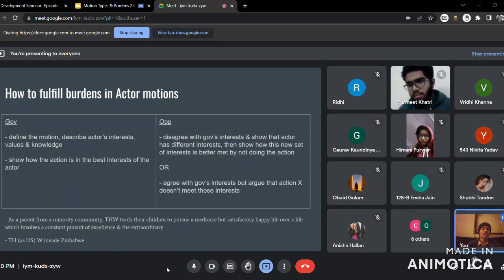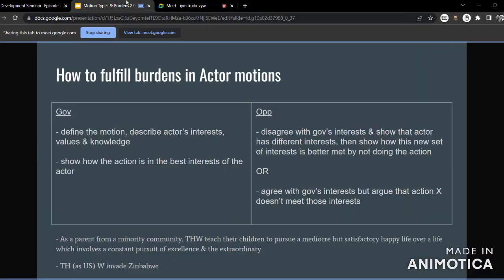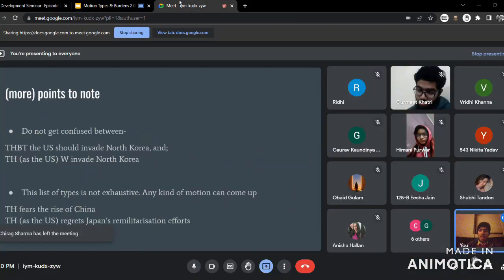If you're talking about an individual or a small group of people or even a social movement, right? Social movements like the feminist movement or the LGBT plus movement have limited resources and they need to optimize those resources best to fulfill their priorities, right? So these also cannot take actions as freely or as efficiently as a state can, or on the large scale that a state can. So fiat is there in actor motions as well, but you need to be mindful of how much fiat you assume. You try not to be unreasonable, like saying it's an individual but they will do something very big.